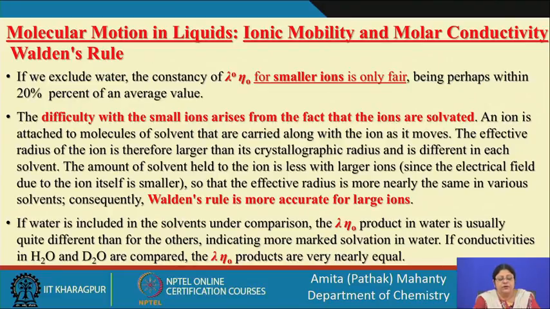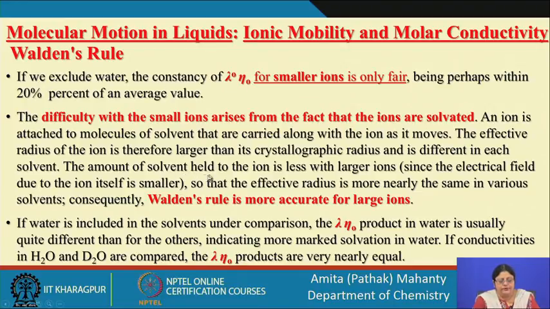The difficulty in the small ions arises from the fact that ions are solvated. Okay. An ion is attached to the molecules of the solvent that are carried along with the ions as they move through the medium on the passage of electricity. The effective radius of the ion is therefore larger than the crystallographic radius that you can find for the cation or anion, and it is different for each type of solvent. The amount of solvent molecules that is held to the ion,